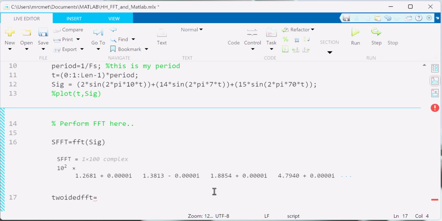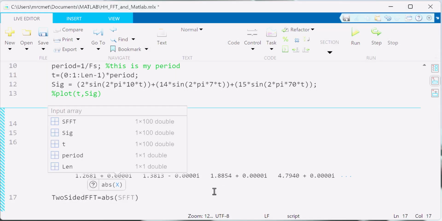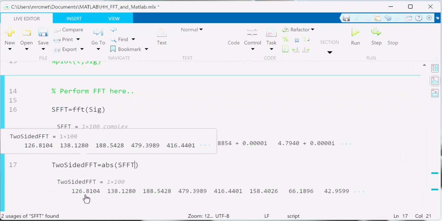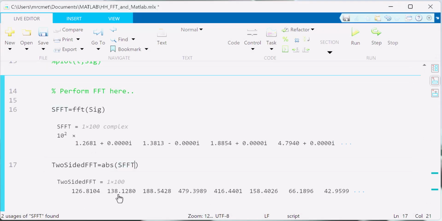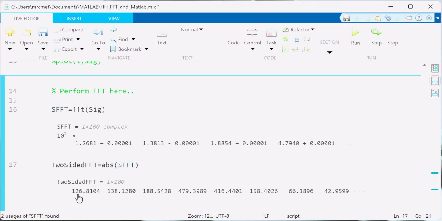Two, and we'll camel case this so it's a little bit easier to read. Two-sided FFT. So I have a two-sided FFT, and to get that I need to take the absolute value of my signal. And if you don't believe me, when I run this, it should return just, and there it is, just the real portion of this. But you'll notice that this real portion of this number is not this value